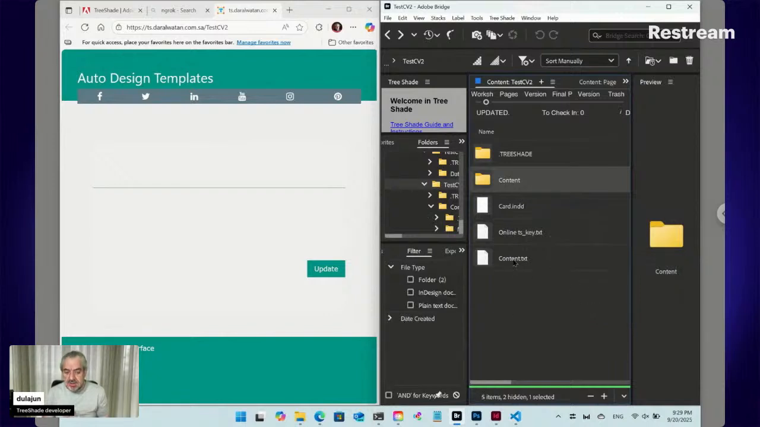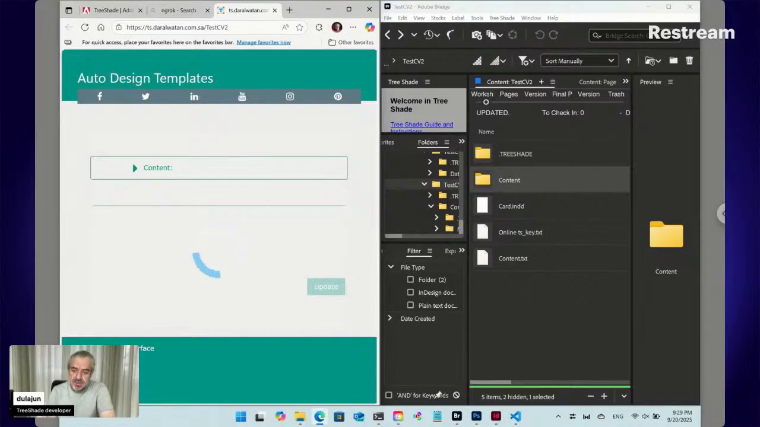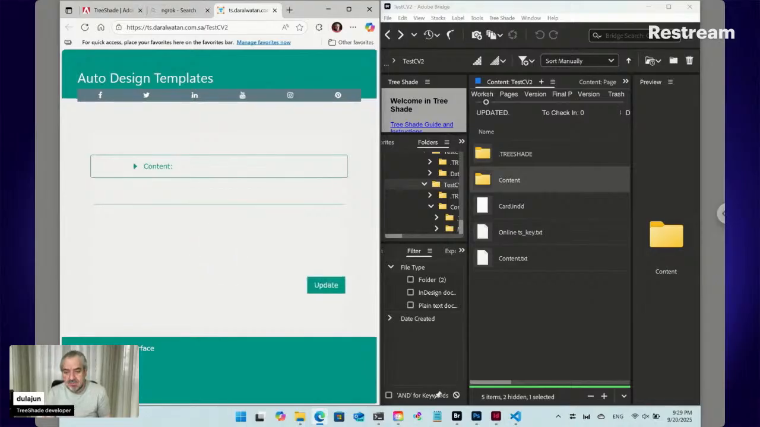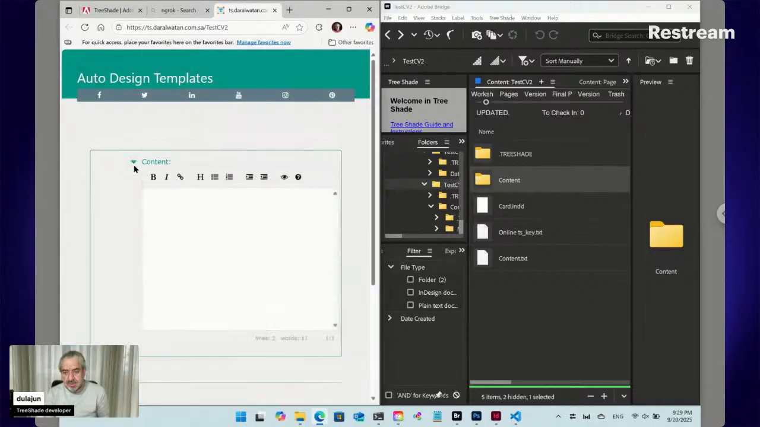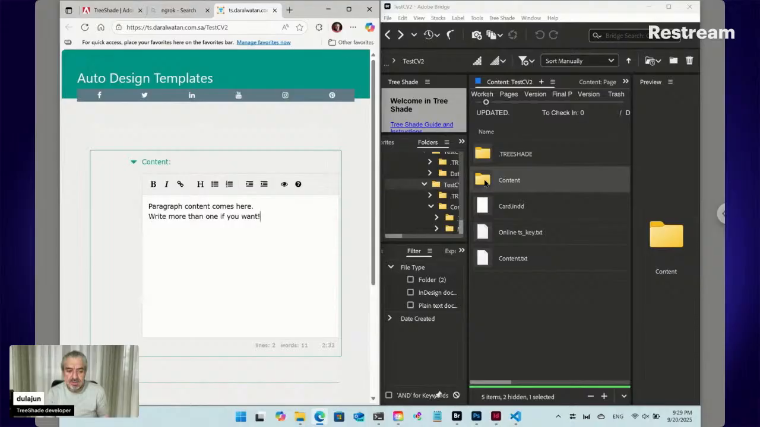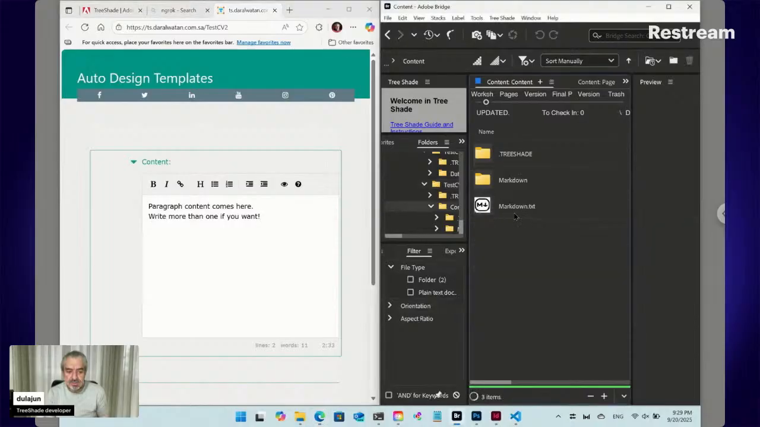Despite its content, I don't concern. I just want the folder to be loaded on the online form. Okay, great. Now we have content. Inside content we have the markdown element, this. Let's write